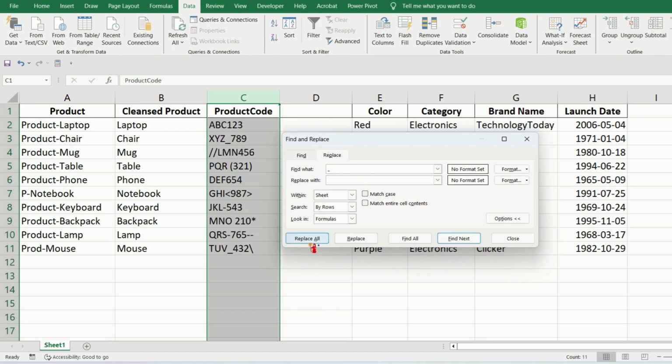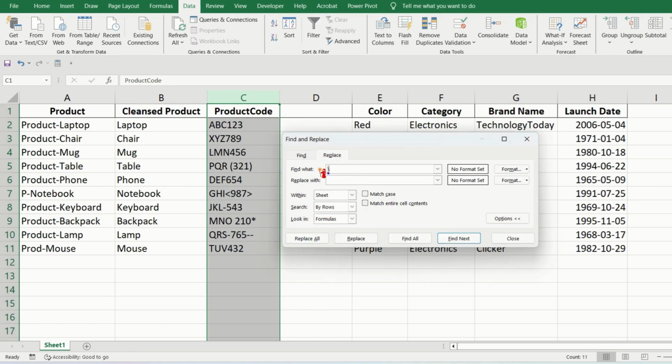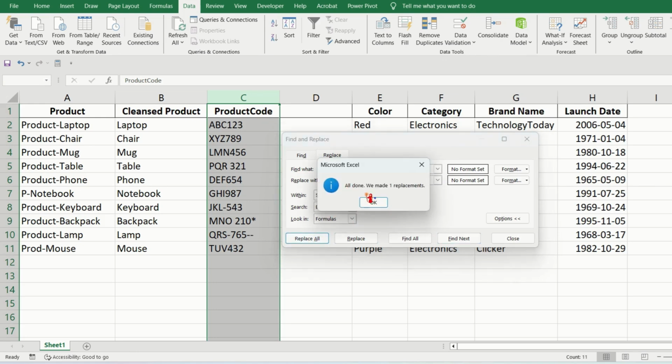Then we have some underscores as well. Let's get rid of the brackets. And imagine you're dealing with a larger data set, so this would really help cleanse things out.